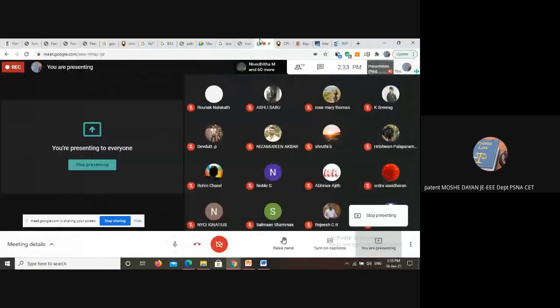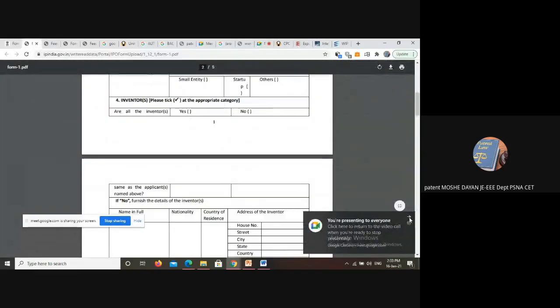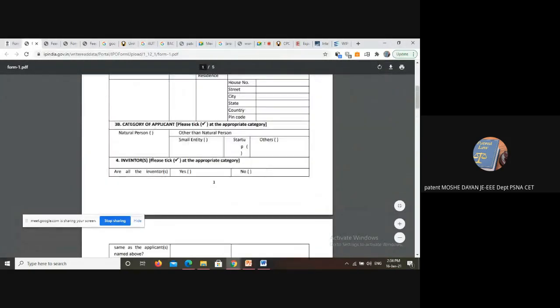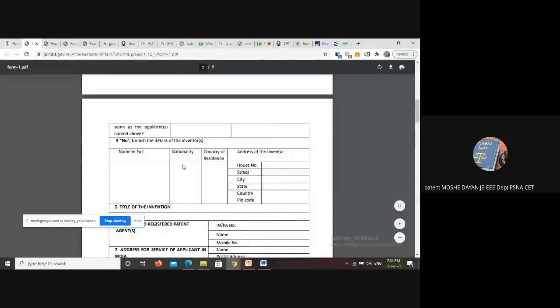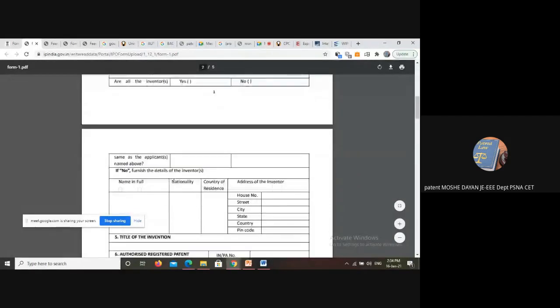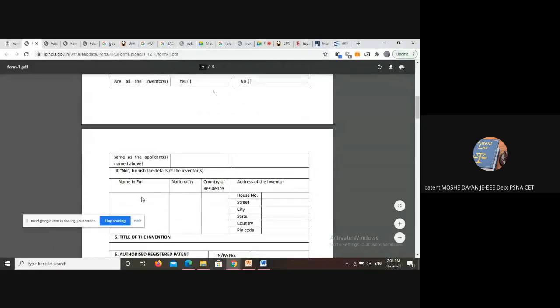Inventors, okay. Please understand who is the applicant. Applicant is the owner of the patent. And who is the inventor? Inventor is the one who invents the patent. In our case, when an individual is filing, the applicant and inventor are the same. So don't get confused. Applicant and inventor are the same. Click yes, then it is fine. In case the applicant is different, if the applicant is the college and the inventor is you, then you have to put the applicant name as college name, and as inventor you have to put your name.